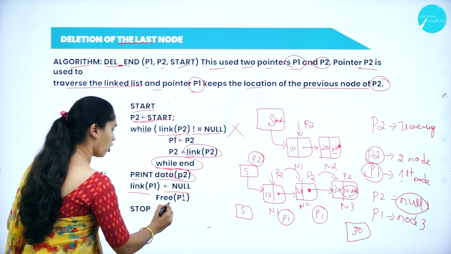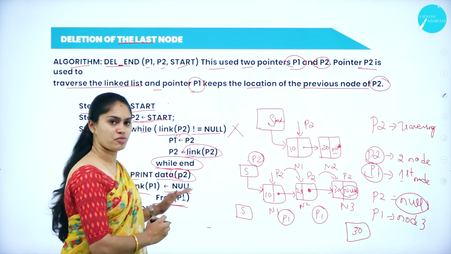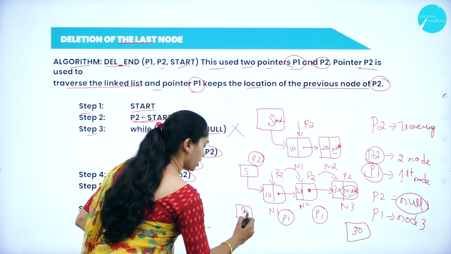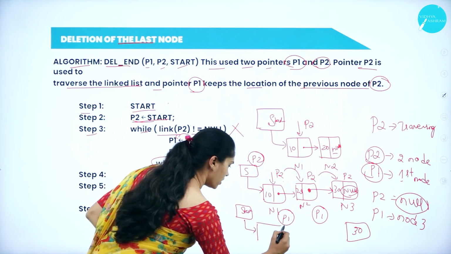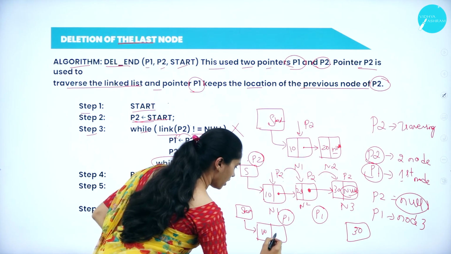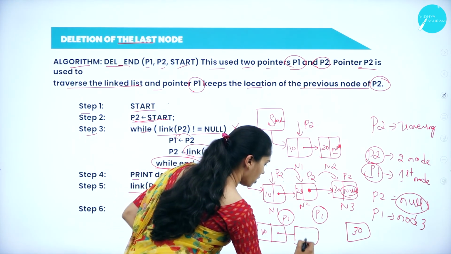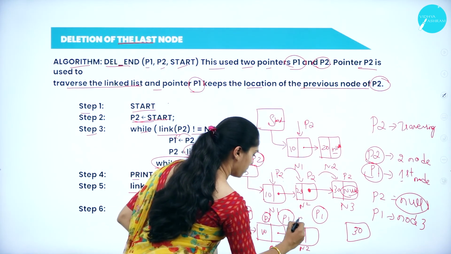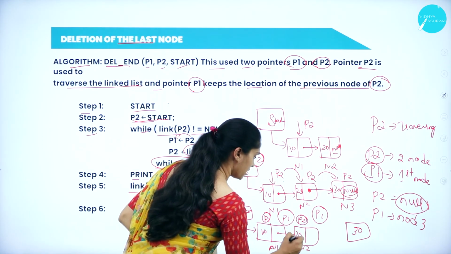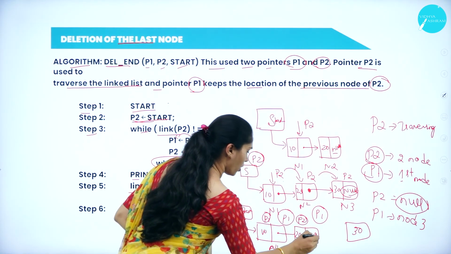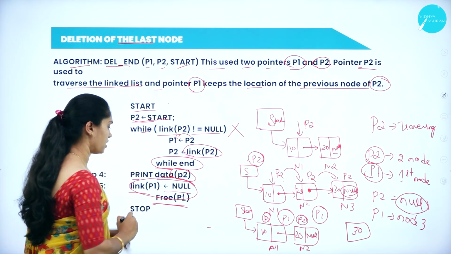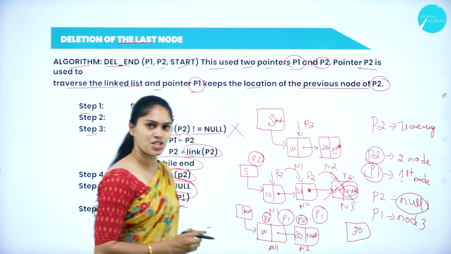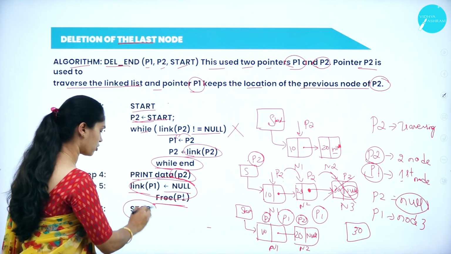After that, free of P1. So as of now, free of P1, I have to delete the content of this one. So after deletion, this will going to be my start, and this will going to have only 2 nodes. That is node 1 and 10, that is pointing to the second node called N2. So N2 will become my P1 right now, and this will become P2. So this P2 holding the data 20, and I have to make this pointer or a link as null. Okay, so we are going to delete the content of a last node, and it has been detached from the linked list, and at last we have to stop.